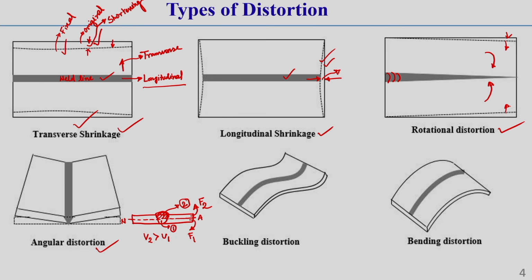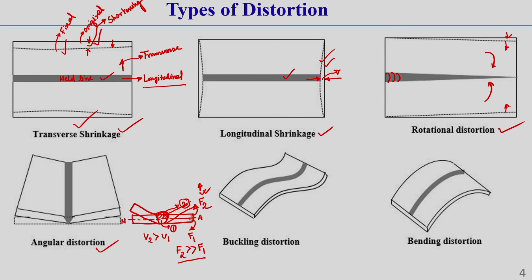So, due to these things, you can see that due to shrinkage of this volume of molten material, the shrinkage force on the top side will generally be much higher than on the bottom side. Once it solidifies, the force on the top side will be higher due to the higher volume of material than on the bottom side of this neutral axis. Because the top side force is more, this plate is generally bent